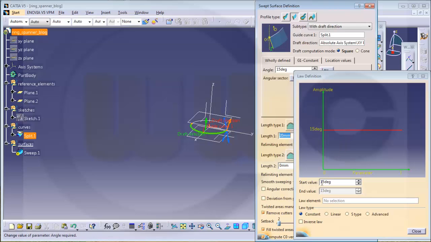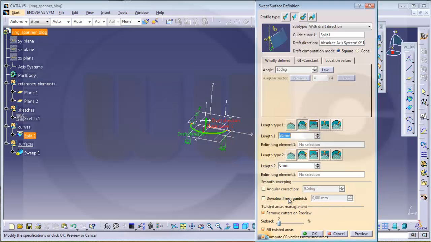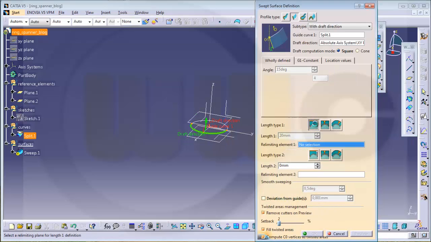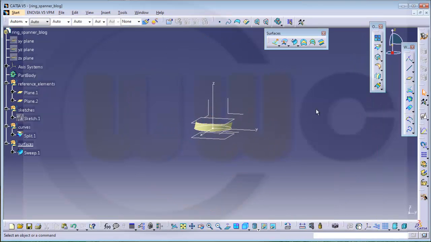controlled by a law which is linear, and it goes to minus 15 degrees. Close, and it should go up to this plane. Let's make a preview, yes, and confirm it. And another one